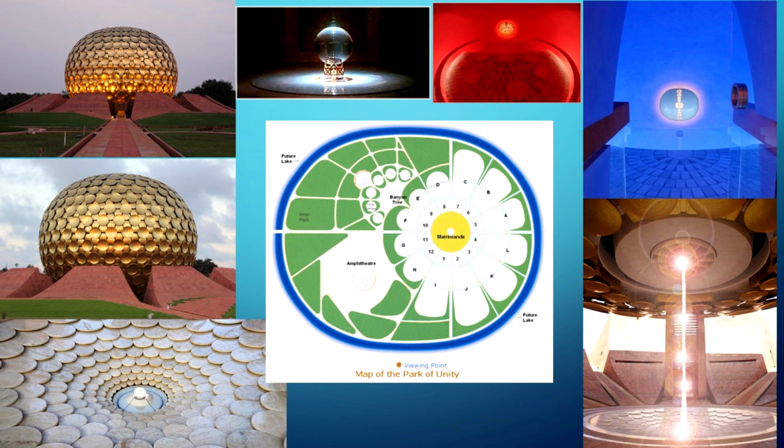Here you can see the entry to Mahasaraswati. So to the east we have Mahalakshmi, the same as in the symbol. To the west we have Mahasaraswati, to the north Mahakali, and to the south Maheshwari. So there are 4 entrances to Matrimandir, and around there are 12 petals, meditation petals. And here I gave some examples to see from within. Here is the petal of sincerity. You see blue color, and this is courage, red color. So in each petal, when you come in, you will have that color surrounding you,